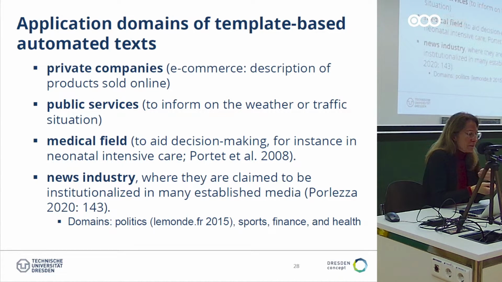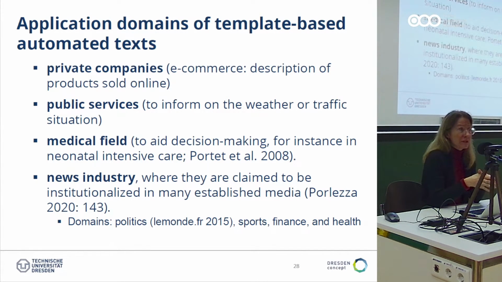Another application is in the public service. Automated texts are used to inform on the weather or the traffic situation. Another application that I find particularly interesting is the one reported in François Portet et al. in 2008, where text automation has been used to aid decision-making in neonatal intensive care, so at the hospital in the neonatal care where you find newborns, ill newborns or premature babies, and these texts were automated to help doctors